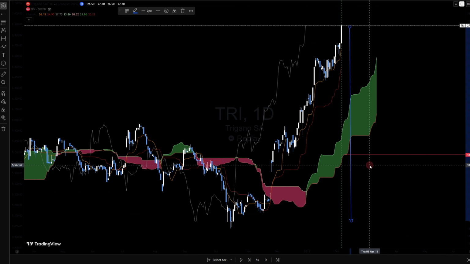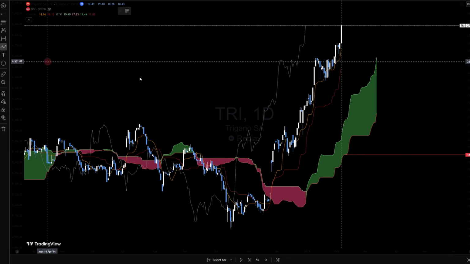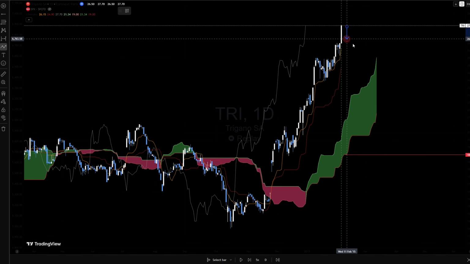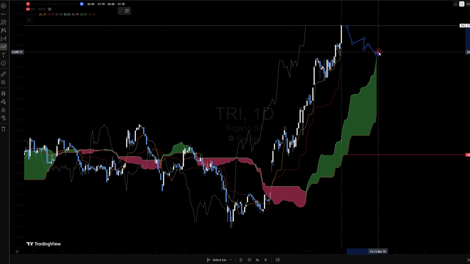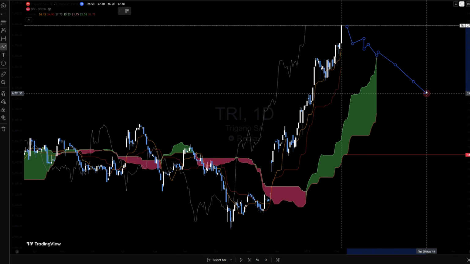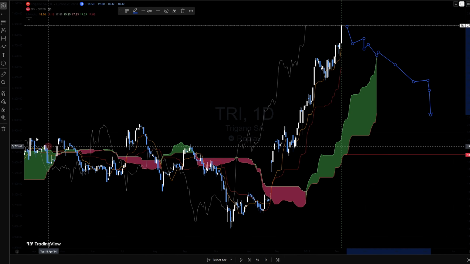So whilst what would cause me to sell is a close below this price here, practically that's unlikely to happen. It's much more likely that if the price was going to falter, it would do something more progressive over time and end up dropping out of the cloud somewhere by here,